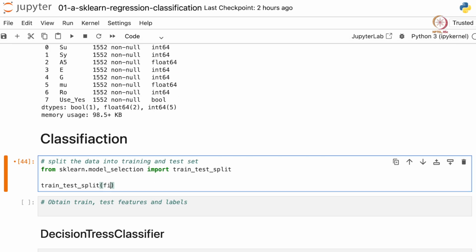So let's provide filled data here. Let the test size be 0.2, that is 20% of our entire data, and let us set a random state of 1, and the return, it will return two arrays, that is the data train and data test.